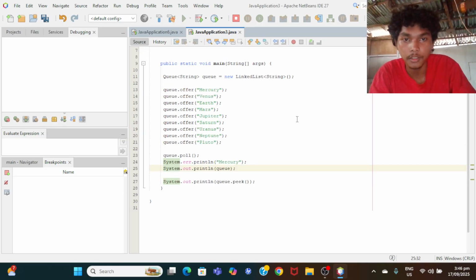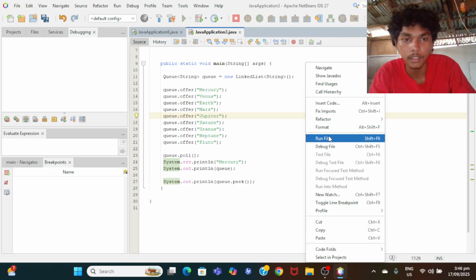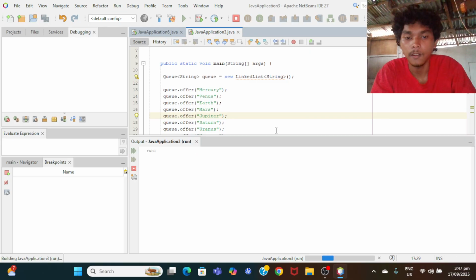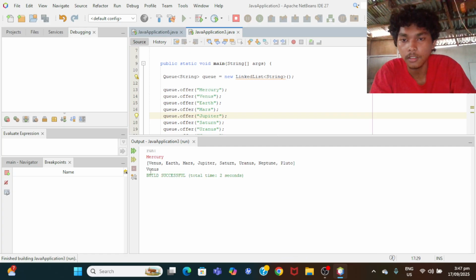So let's run it again. As you can see, the first element was printed here. So this is the queue peek.